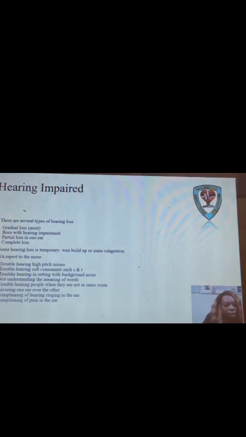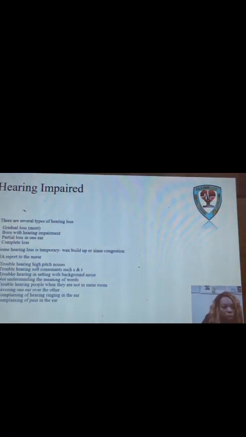Remember, some hearing loss can be temporary due to wax buildup or sinus congestion. As a nursing assistant, you want to report to the nurse if your resident has trouble hearing high-pitched noises, if they have trouble hearing in a setting with background noise, if they don't understand the meaning of certain words, if